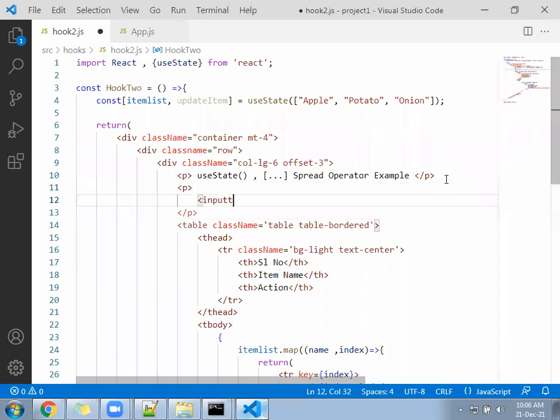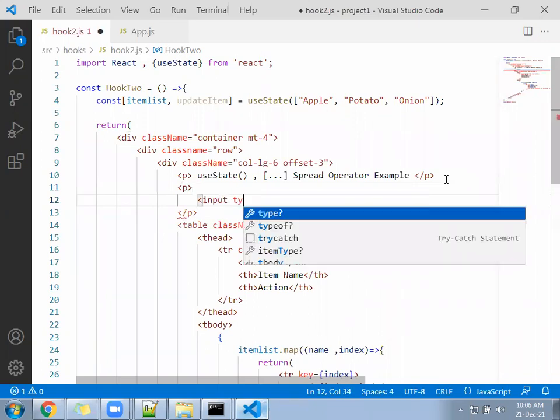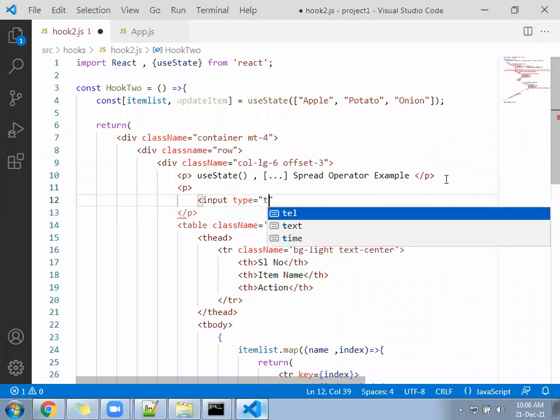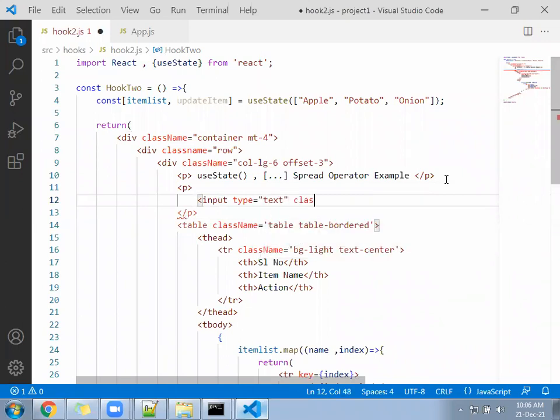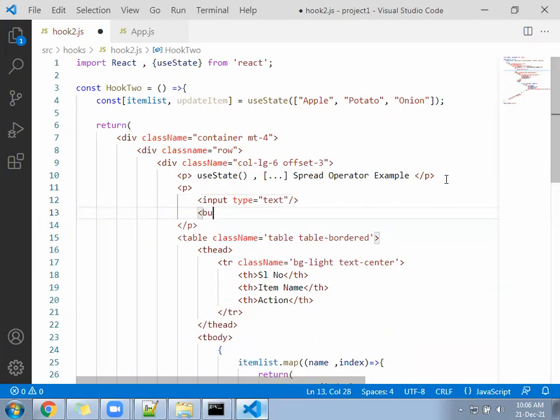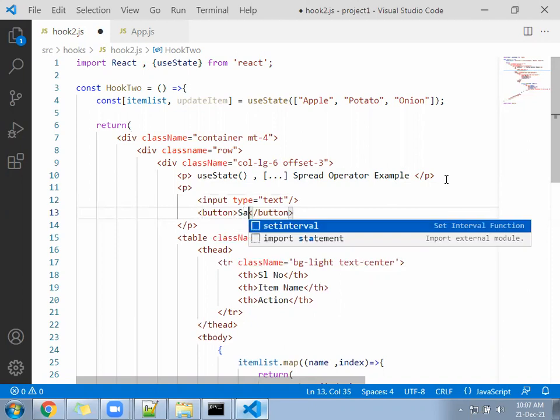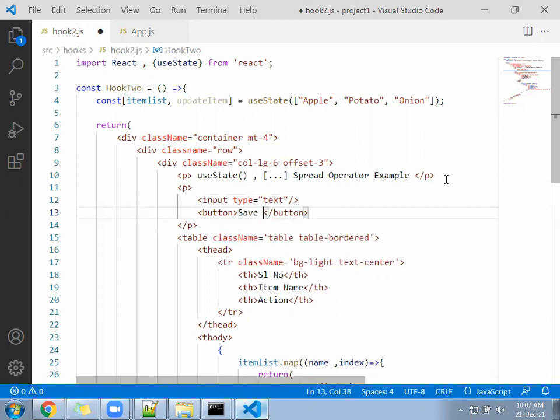Input type equal to text. className equal to, okay, className don't write here. After that, create a button directly. Button called save item.